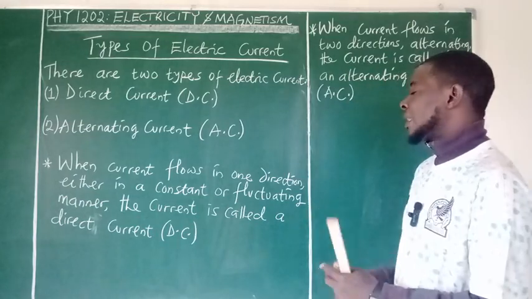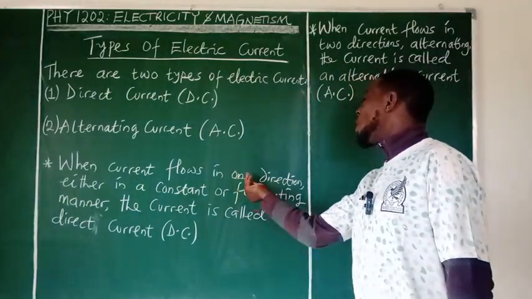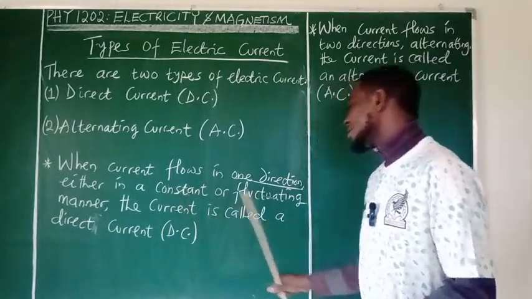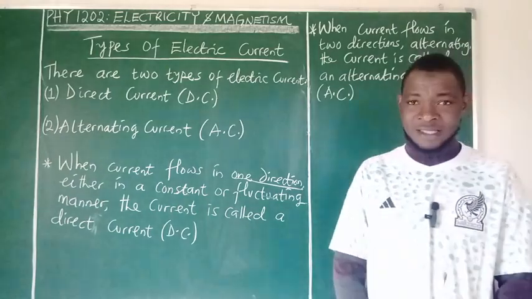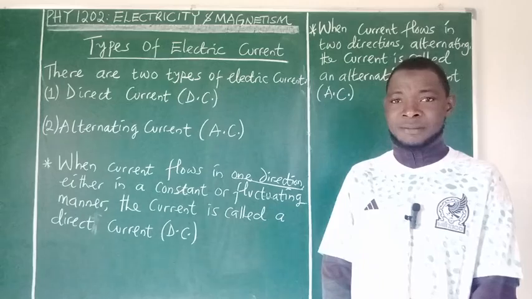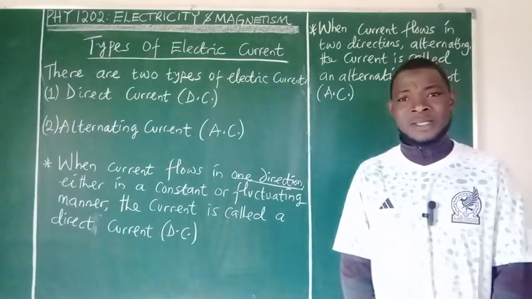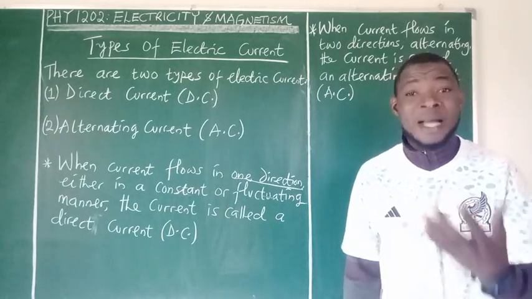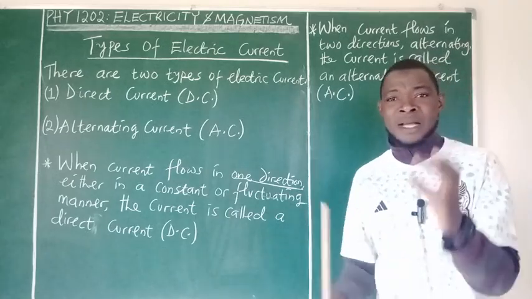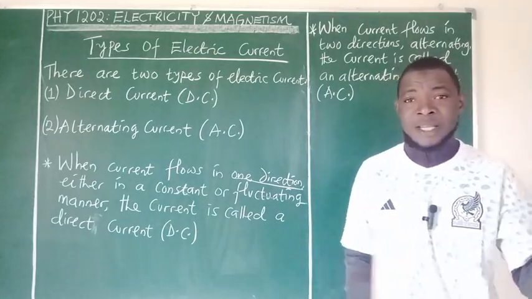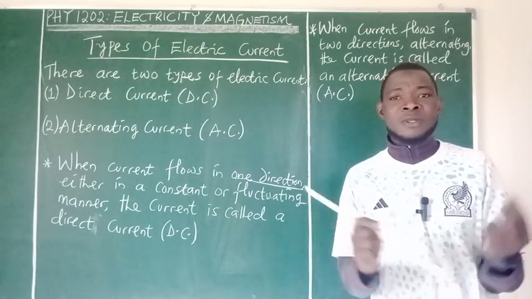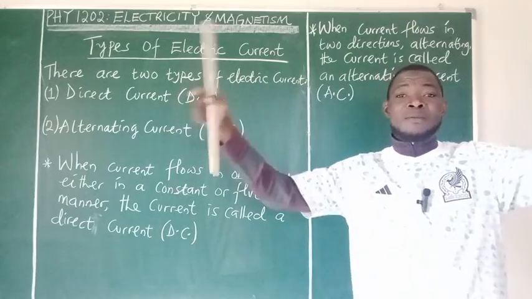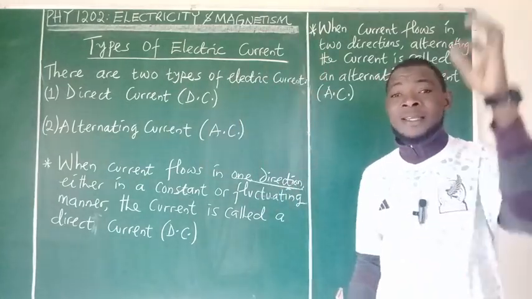Remember the point that this current flows in one direction only, regardless of whether the current is constant or it is changing. It is a variable current. Okay, what are the sources of the direct current? These are the currents we obtain from batteries. If you have a battery, it has a positive terminal and a negative terminal. So if I put connecting wires on the terminals and then I form an electric circuit with an external load,